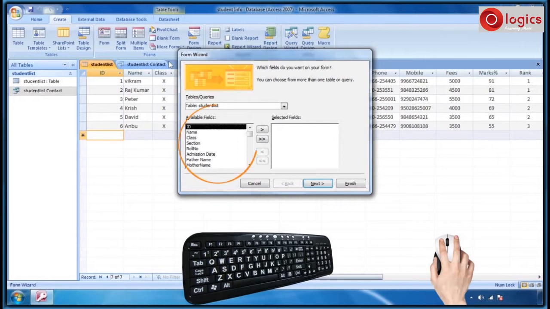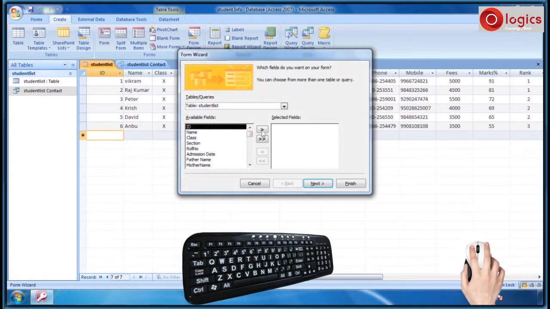These are the available fields from the table. Here I am choosing the fields that I want. When you click this single greater than button, the selected field in the available fields box moves to the selected fields box.